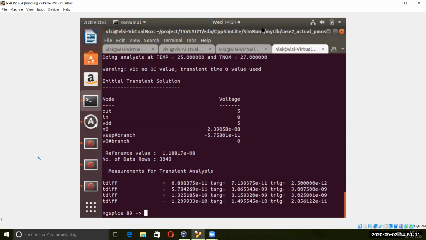Another thing you can also do is in the existing first stage, the first inverter, you can increase the W value of both, in the same ratio. If this is using 0.6, you can use 1.2 also, and change the PMOS in the same ratio.